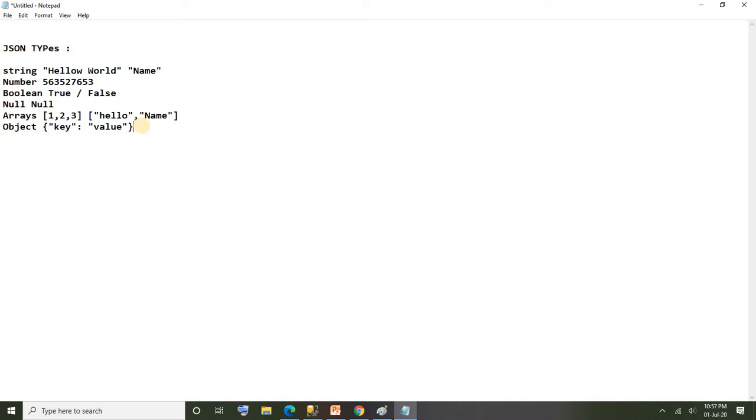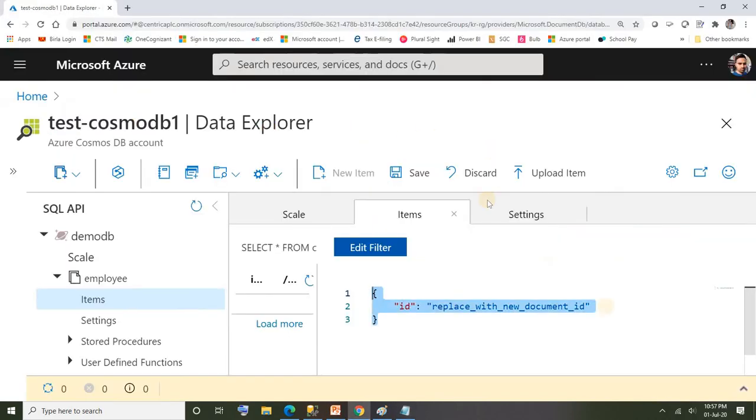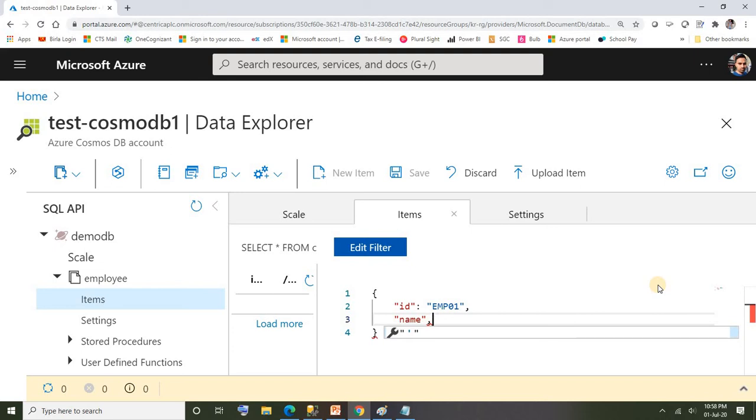Okay, fine, let's go ahead and create the item. So what I'm going to do is create id as EMP01, name I'm going to add as, let's not worry about the data I'm entering, let's give some value, ABC.